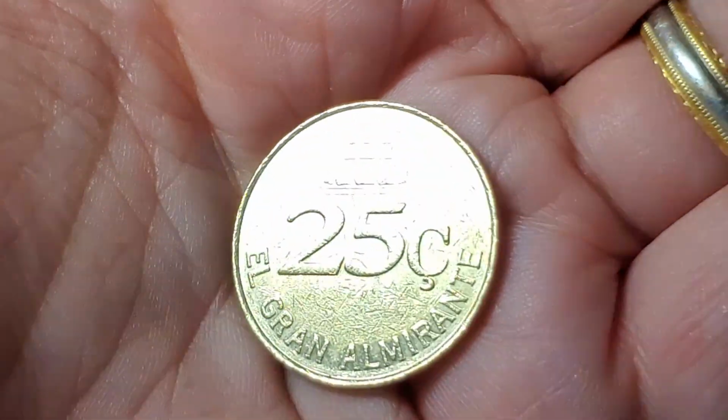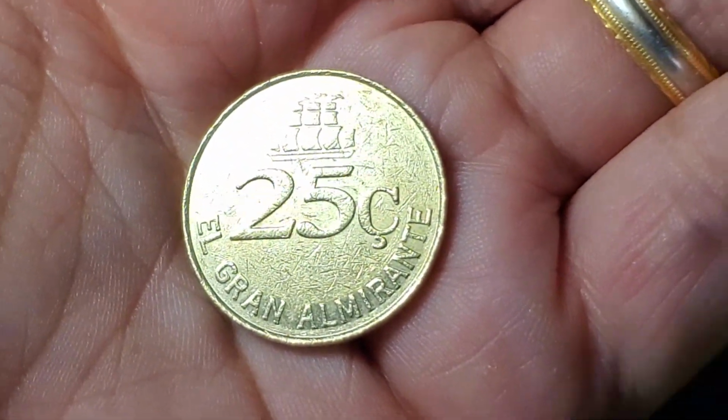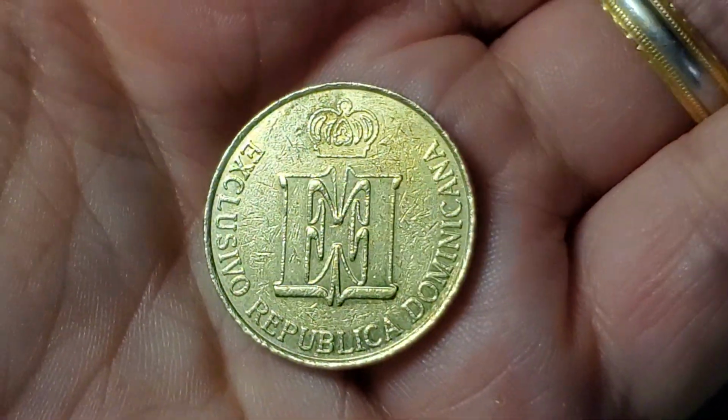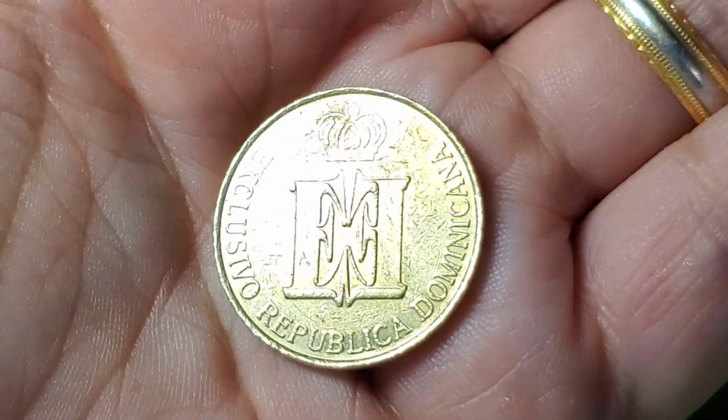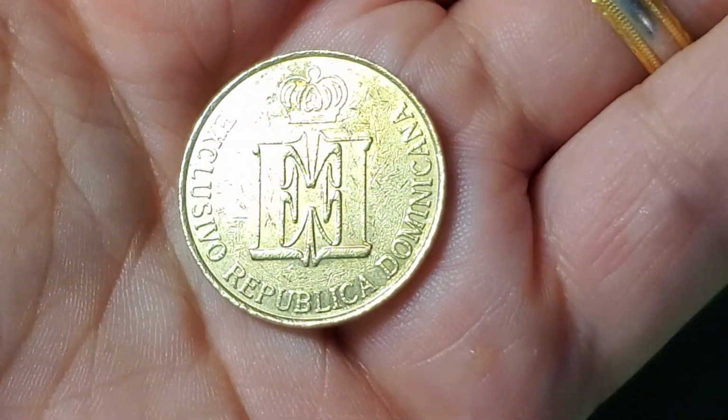Here's our next casino token. This one is from the El Gran Almirante for 25 cents. This one is apparently a casino hotel in the Dominican Republic. And I didn't find much on this one online, but all the ones that I found had a little bit of